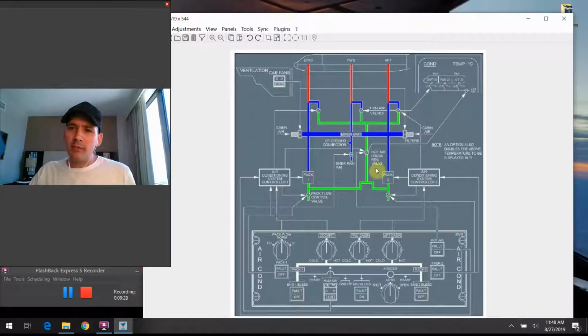Now, if for whatever reason this hot air valve decided that the system was overheating, or it closed, or it failed, or any number of things, well, then we drop down to this basic level or basic mode of cooling, or temperature regulation. And that very simply just, the plane looks at whatever the lowest demanded temperature is. So whatever you've set at the lowest